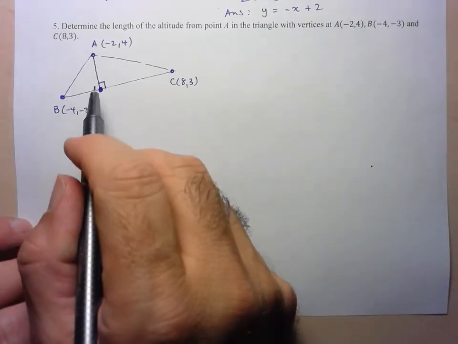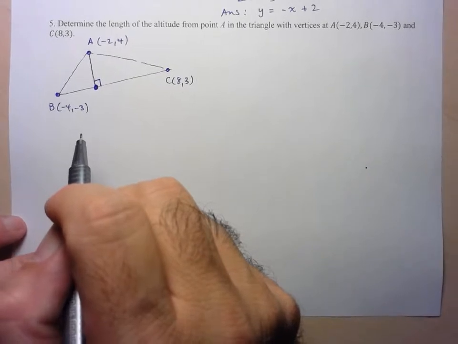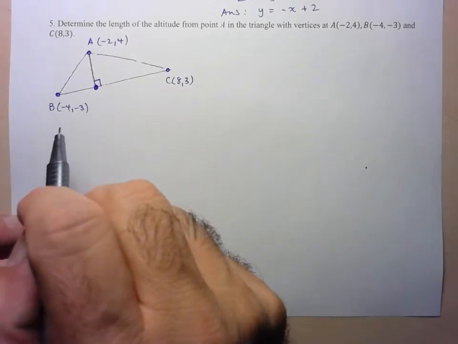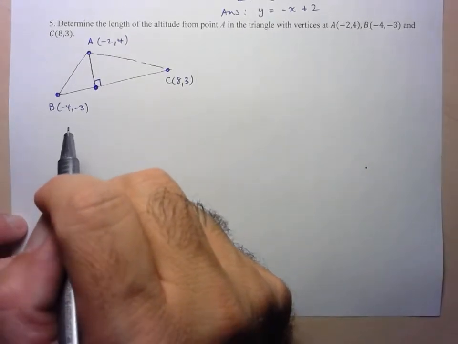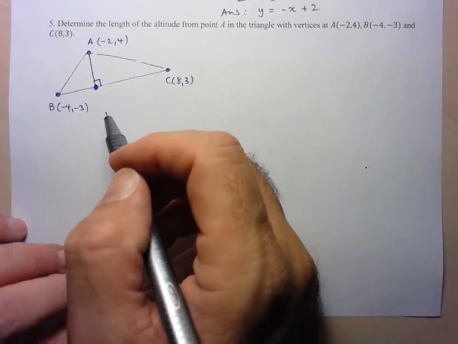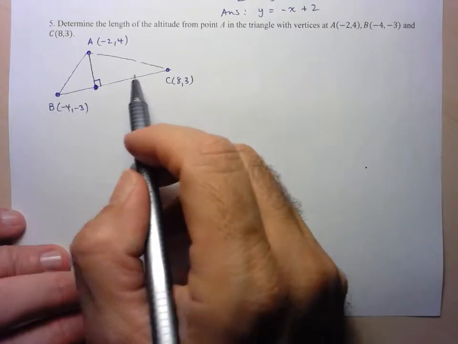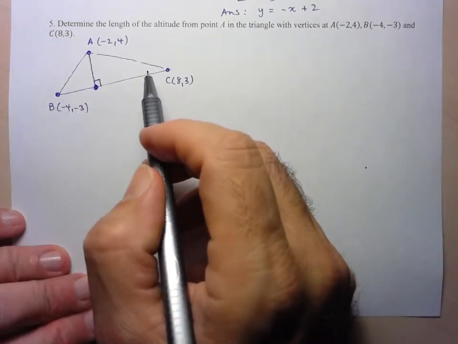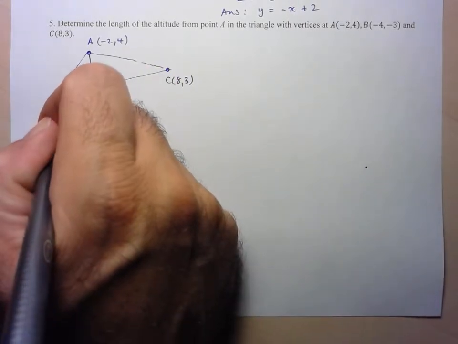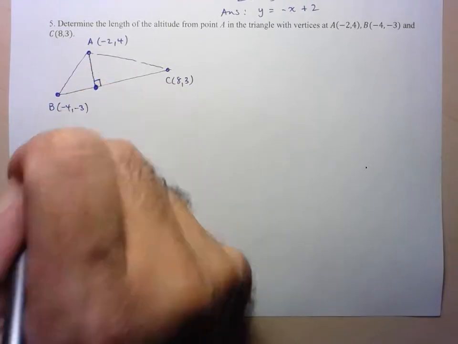But if we're finding the point of intersection, it means we're going to have to solve a system of equations. So we're going to see here how we can use our previous knowledge to solve this. The first thing I need, if I want to find the point of intersection, is the equations of these two lines. So let's start by finding the slope of BC, because I know I need a slope and a point